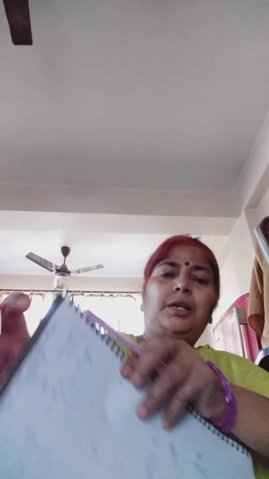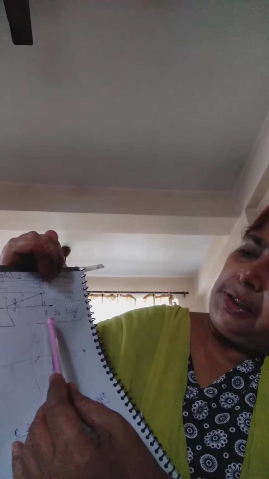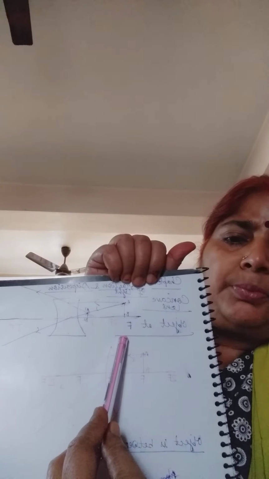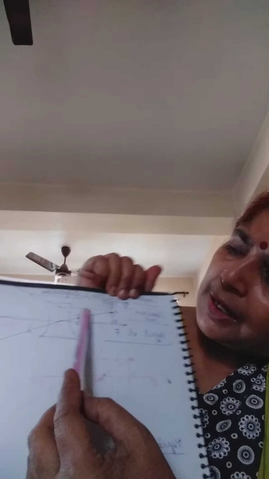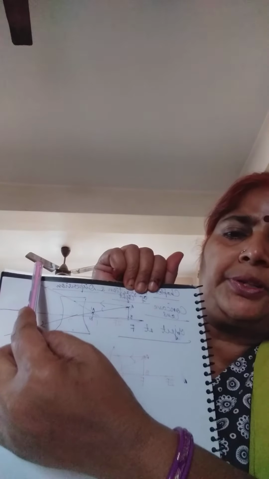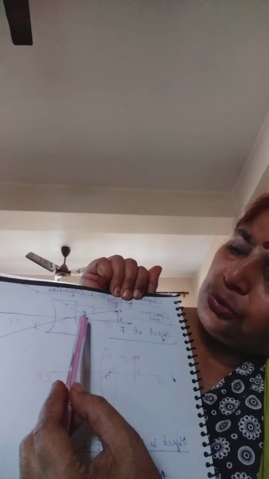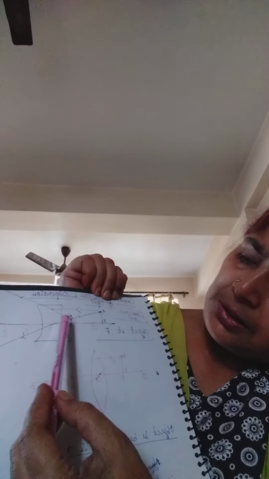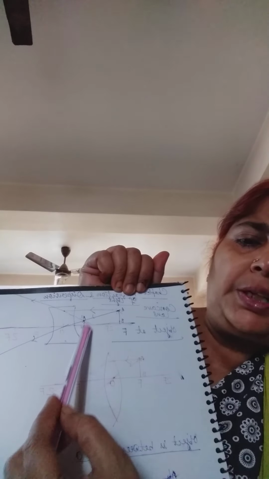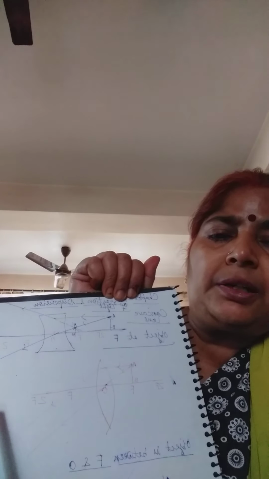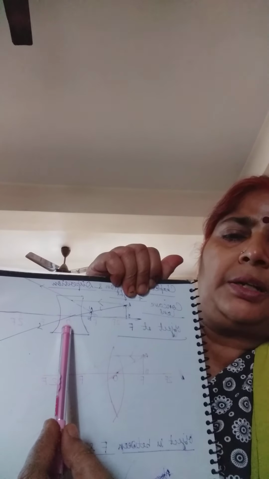Now you can see three ray diagrams are given in your book. Just now you see here the object is placed beyond 2f. The ray is coming parallel to principal axis. After refraction it diverges. And the second ray is passing through optical center. The two refracted rays are meeting here. Okay children? Here this image is formed. This image is virtual, erect and diminished and it is formed between focus and optical center.